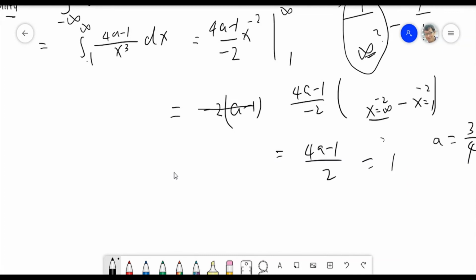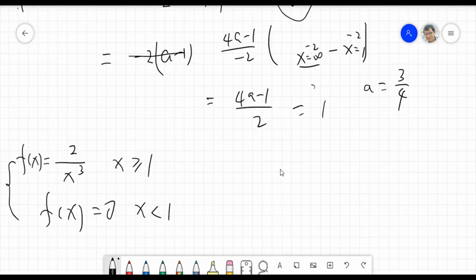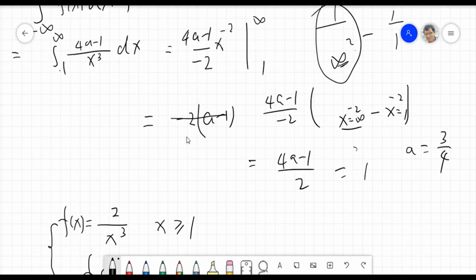So for a is 3 over 4, so this 3 times 1 so it should be 2, right? So 2 over x cubed, so f(x) equals to, right? What the condition is x greater than or equal to 1, right? This is the probability density, one part, right? Another part is what? f(x) equal to 0, right? The proportion, right? When x less than 1, right? So it's proportion. Okay,